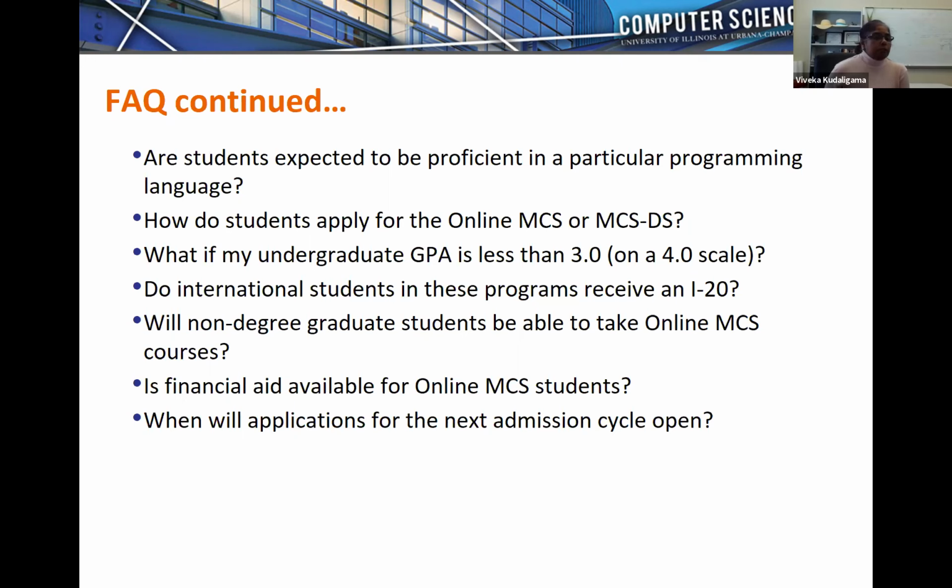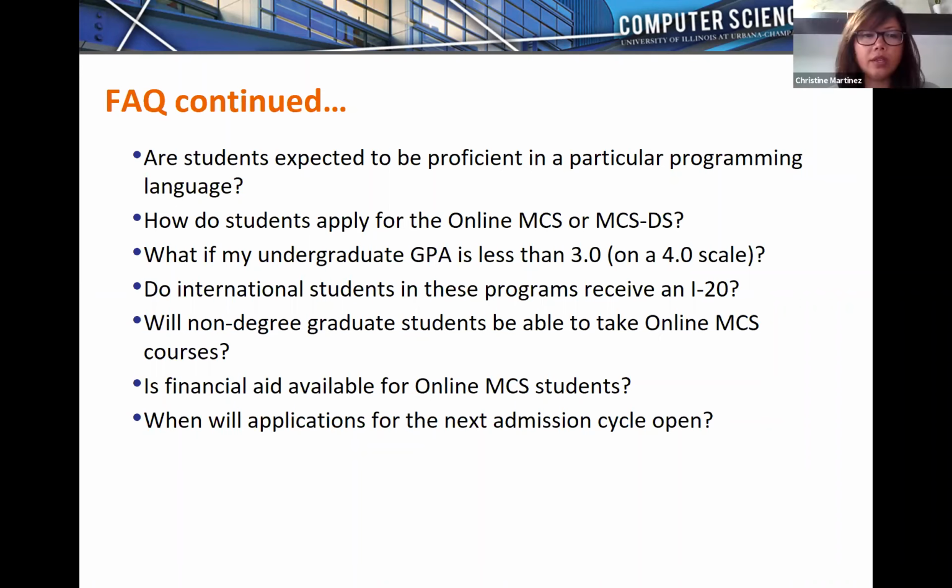And also, if you're employed in places where they support their employees to further their education, please do talk to your managers about the possibility to have some financial support. So there are other ways to look for financial support so that you can complete the degree program. We do encourage you to look at those options. And when you talk to whoever it is, please be sure to say that this is an accredited program that will earn you a graduate degree from the University of Illinois at Urbana-Champaign.